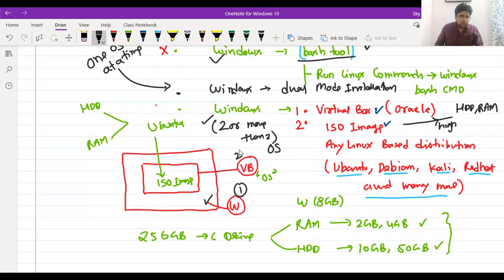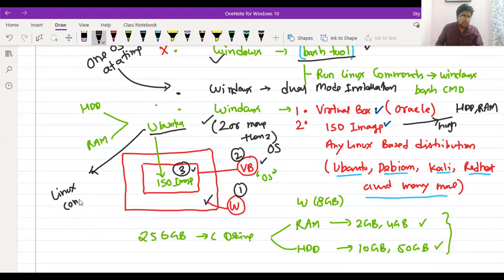You need to install VirtualBox. Third, you need to download. First of all you definitely need to download these softwares. I'll give you the link in the next lecture. Then you need to install this ISO image using this VirtualBox. Then this is the ISO image Ubuntu. Then you can run your